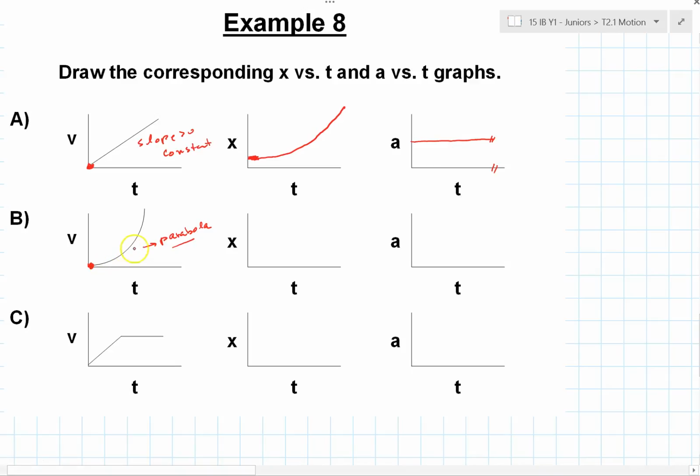So this here is curving up, means my position should still start horizontal at some point. This initial position is really not determined. You just make it any point you want. And it should curve up. But because the velocity is going to be speeding up, this position graph should actually curve up even faster than